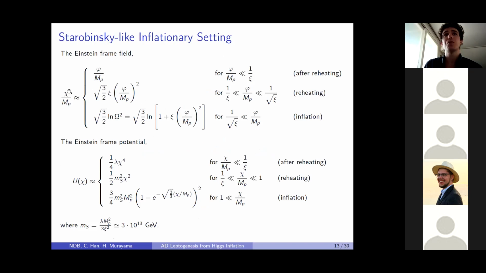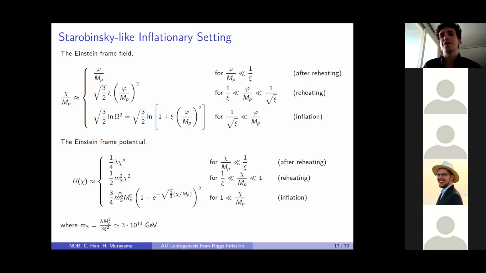So chi is what we'll define as our Einstein frame field. As you can see, for large field values of phi you have this sort of relation, which ends up being exponential in chi, which is quite important. During reheating, they are related by a square root or square. And then once you get after reheating and the field values become small, the definitions of the fields in the Einstein and Jordan frames coincide. Once again, this can be seen in the Einstein frame potential, and see how I said this exponential term? Well, that comes in here.